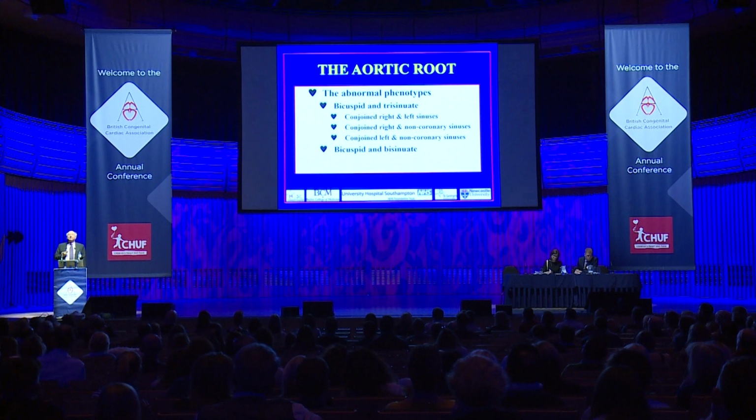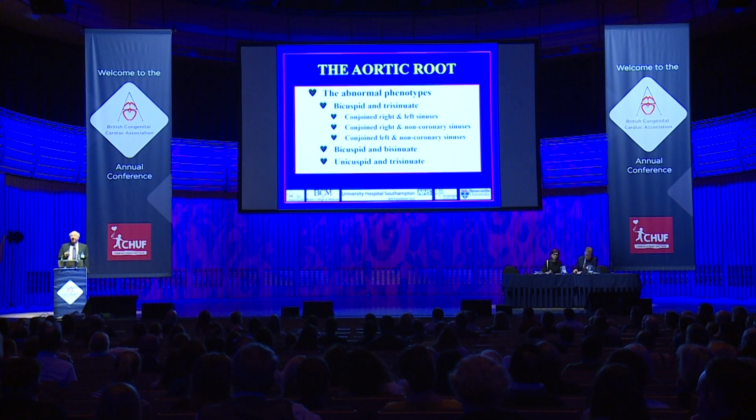And then you all know that in many of the patients who present to you as critical aortic stenosis, the valves are unicuspid but trisinuate. And it is a mistake to think of these as being bicuspid, as is the case in one of the common classifications. We should also remember the relationship to the conduction axis, shown to us a very long time ago